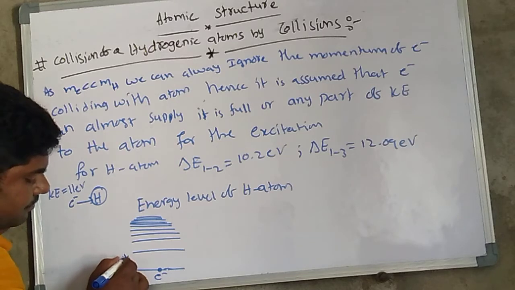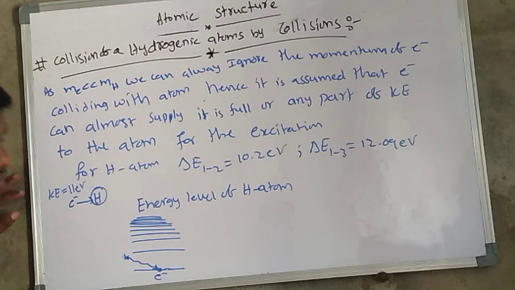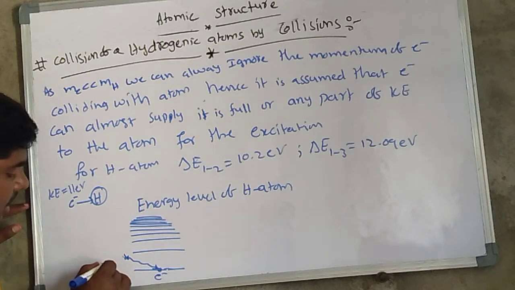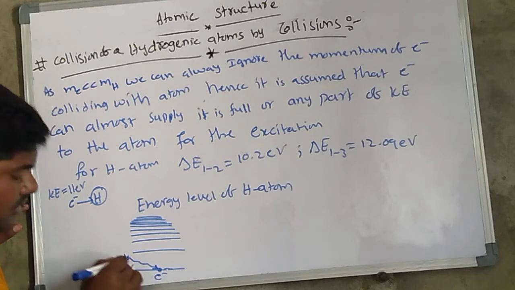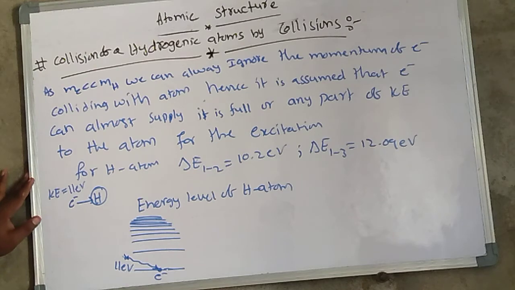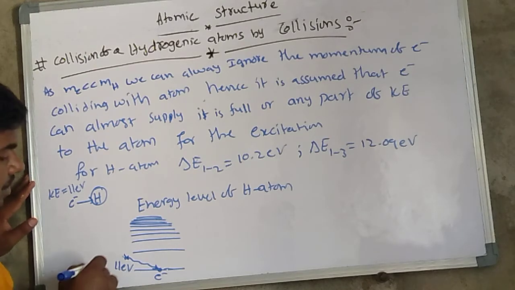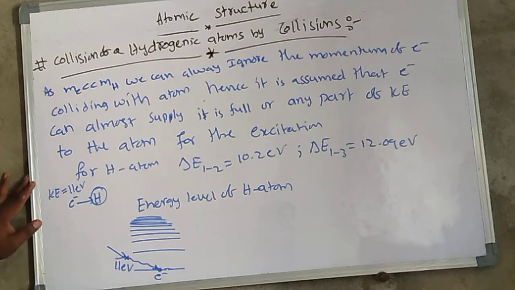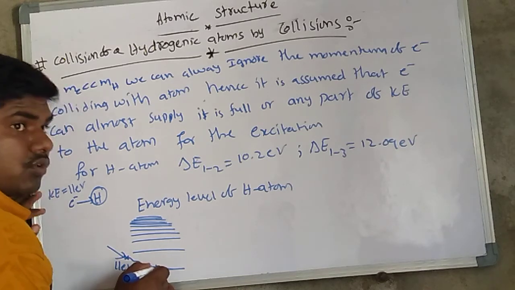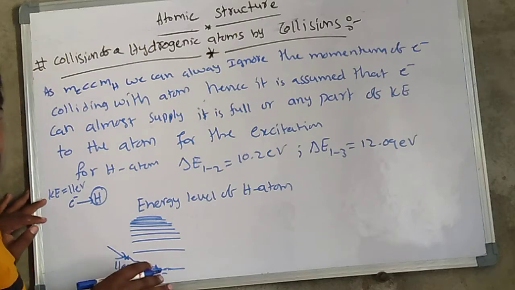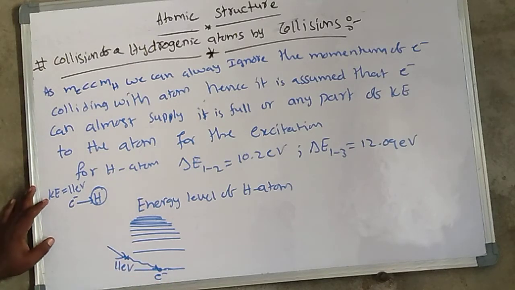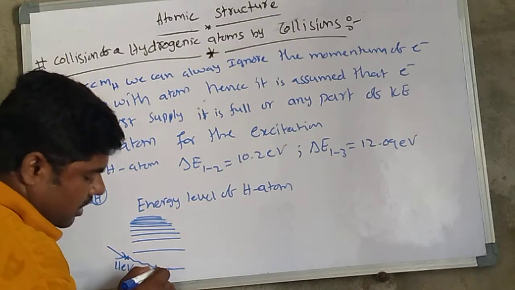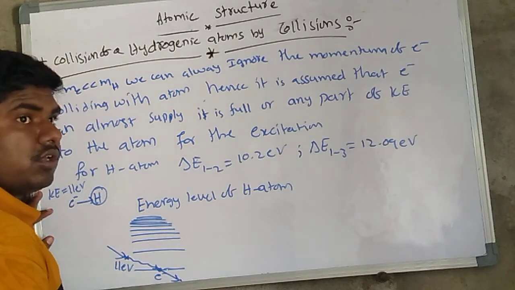This is the photon colliding with the electron. For the photon's kinetic energy, I would like to consider 11 electron volt. This much kinetic energy I am going to give to this. This is the direction of the photon. After colliding, the electron direction won't change. This one is moving in a straight line like this. This is the direction of the photon.